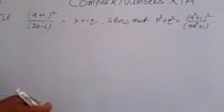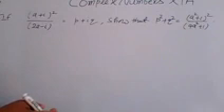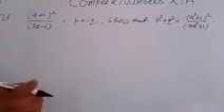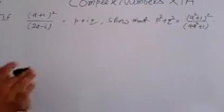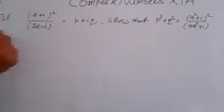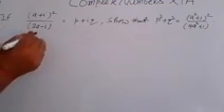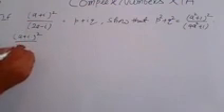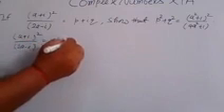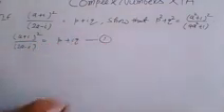If (a + i)² / (2a − i) = p + iq, then you have to prove that result. So here you have the same type of question. What you do, first you assume the given equation as one. So you write it in solution: (a + i)² / (2a − i) = p + iq, which is your first equation.